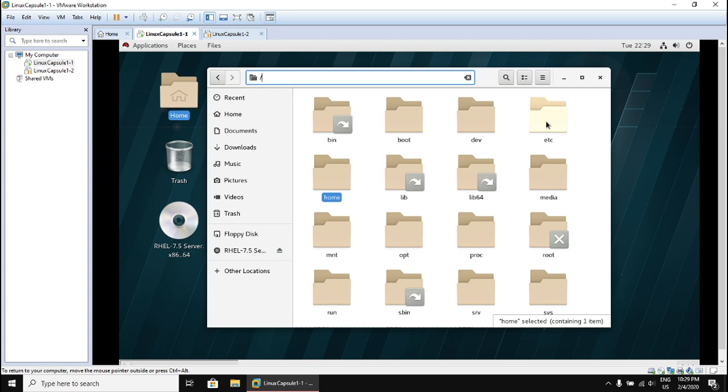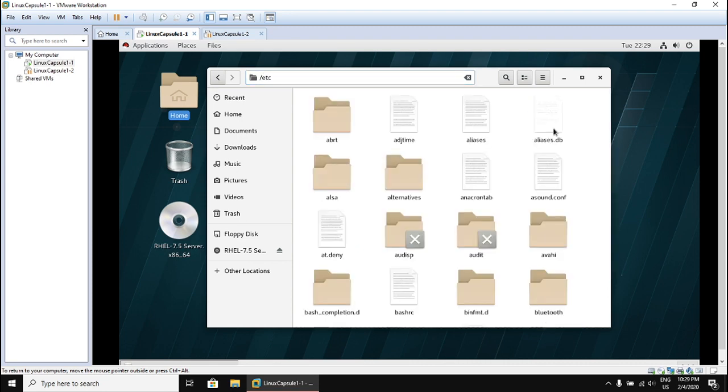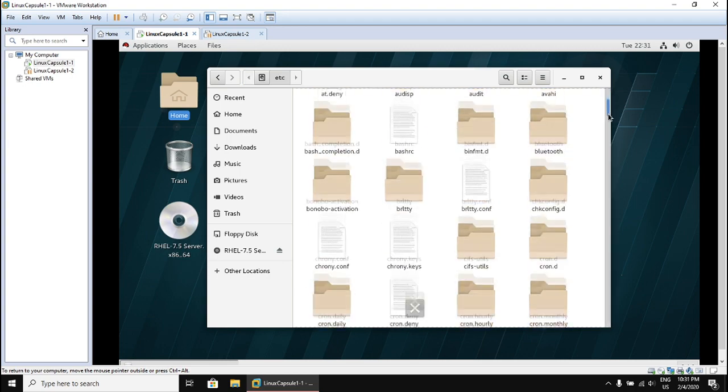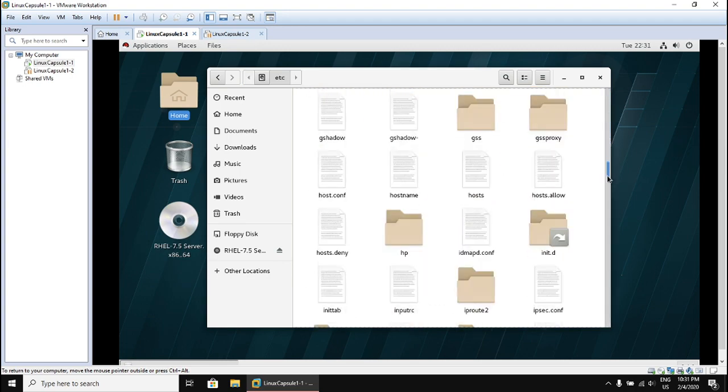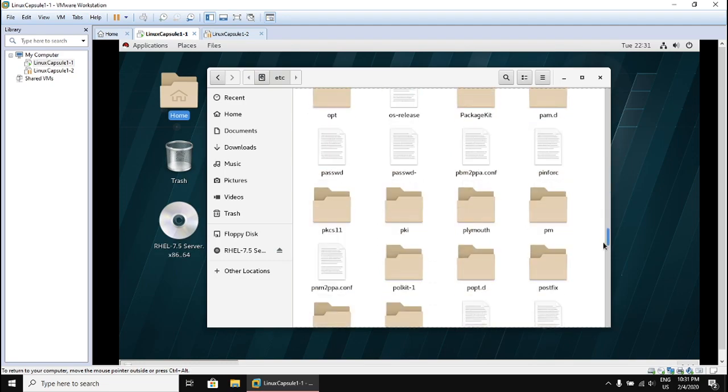For example, if we navigate to etc directory, let's double click on that directory etc. Now it displays the root file system, then its subdirectory etc. Likewise, if the /etc directory contained a file named passwd, we could refer to that file as /etc/passwd. As you can see,